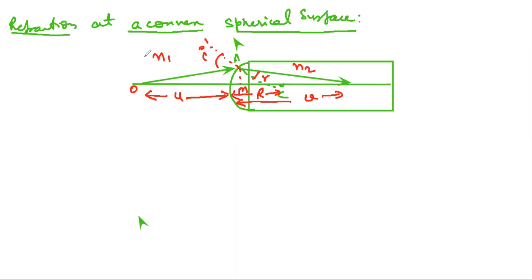We have to derive the formula. So we have to take triangle OCA. This is point C, this is point O, this is A. So let us check triangle OCA. In these diagrams, what is the most important thing for you? The concept of exterior angle. Is it clear to you? Yes.